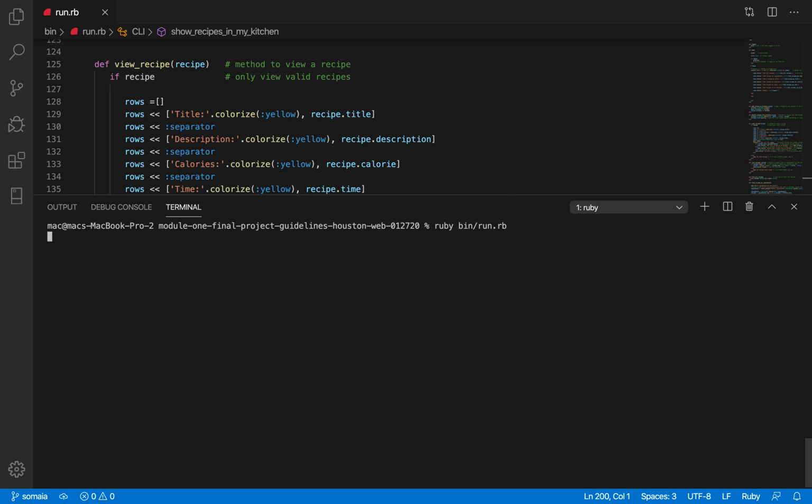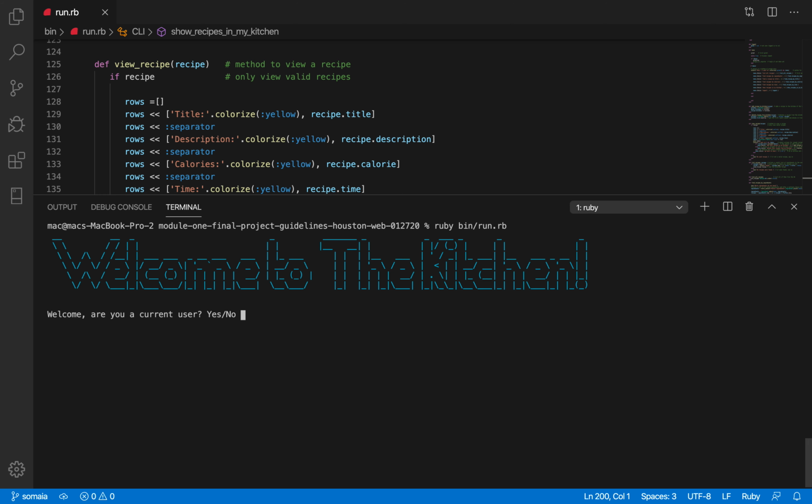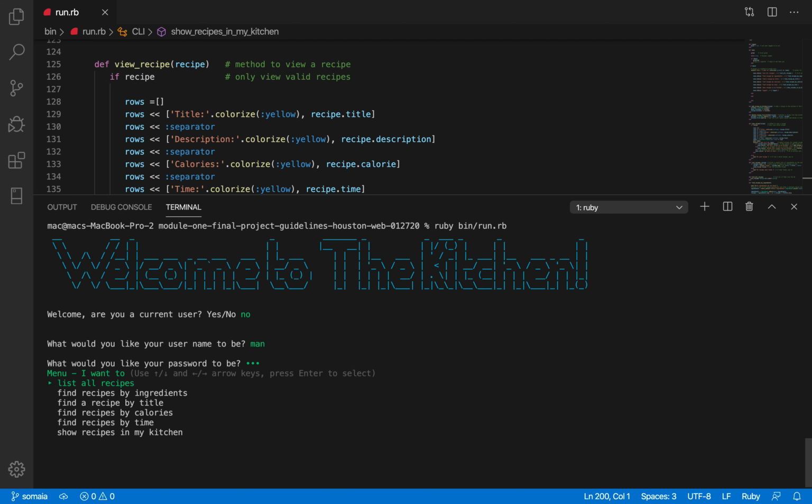If I try to run the program, it takes us to "Welcome to the kitchen" and asks, are you a current user? If I say no, it asks what I would like my username to be. I enter one, and then it asks what I would like my password to be. I'm just going to create any password, and it takes me to the main menu, which has 6 or 7